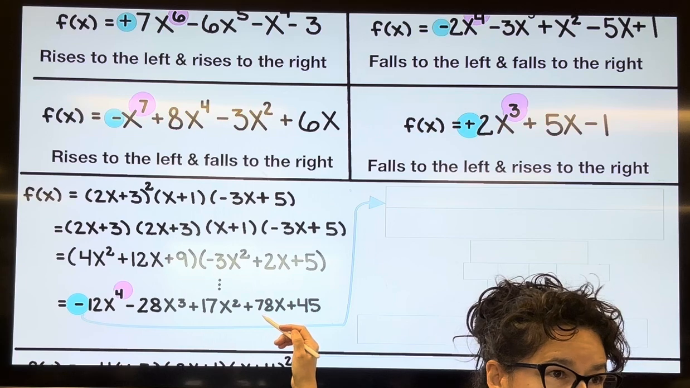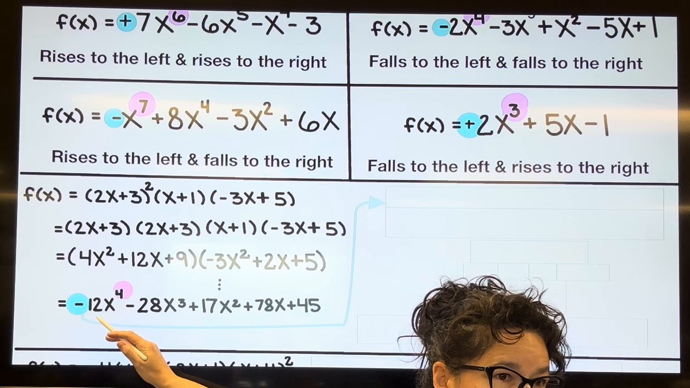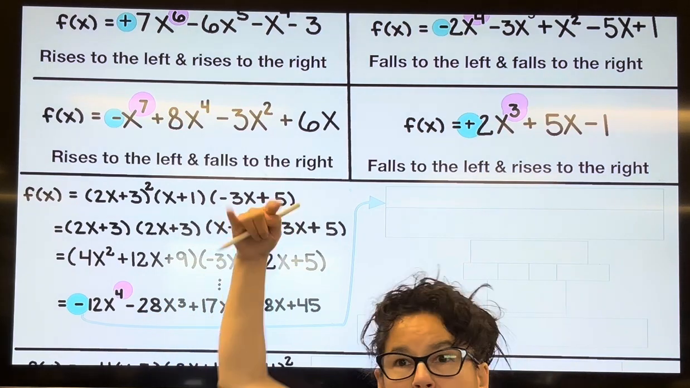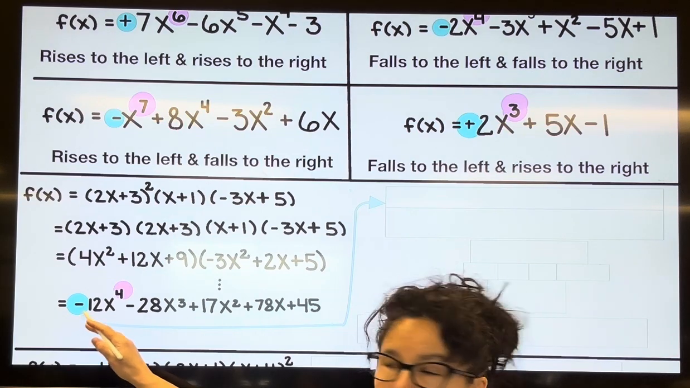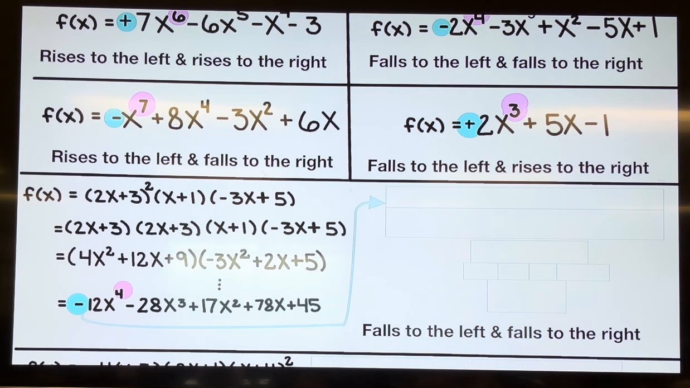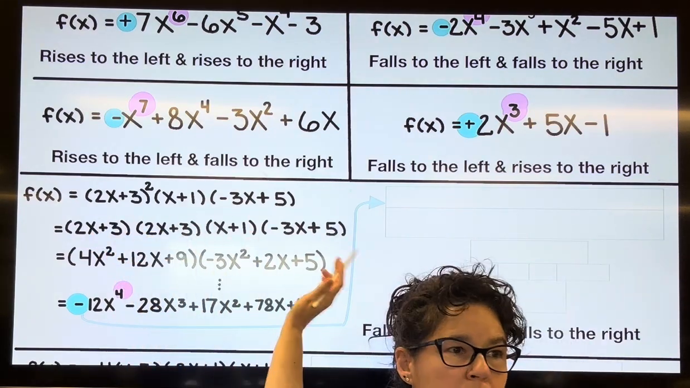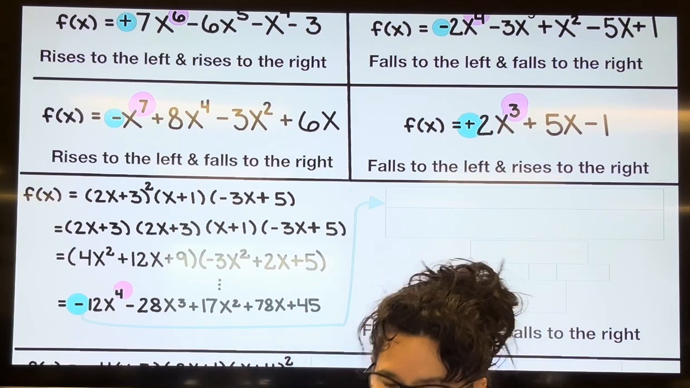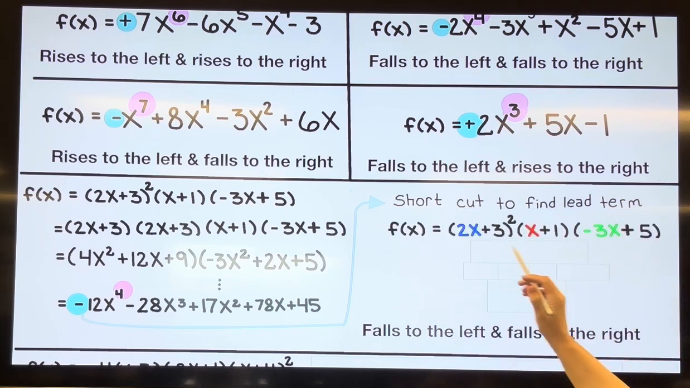That's a lot of work when all I care about is the leading term here. I really just need to know that it's even, so they're either both up or both down. It's a negative in the front, so it's both down. So eventually I know that it falls to the left and falls to the right. But we want to be able to get negative 12x to the 4th without doing all this multiplication. So what you can do is just multiply all of the leading terms. What I mean is, in this one right here,